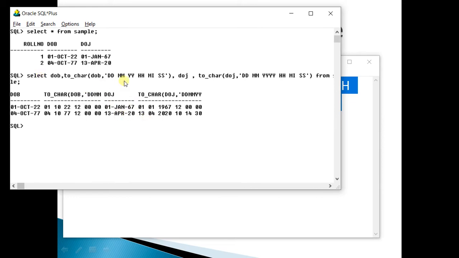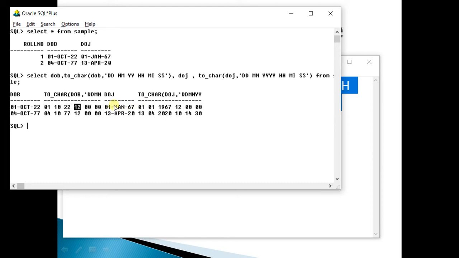Please be very careful what I am explaining. This is normal DOB, so normal DOB is displayed. This is DOB with the help of to-char. What I have extracted is DDMMYY. So you can see 1 October 22 along with time. Now this is HHMISS. Now you can see what time has come: 12:00.